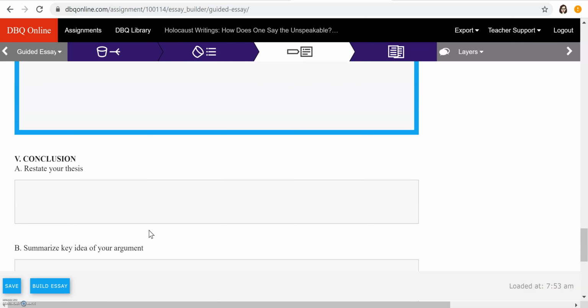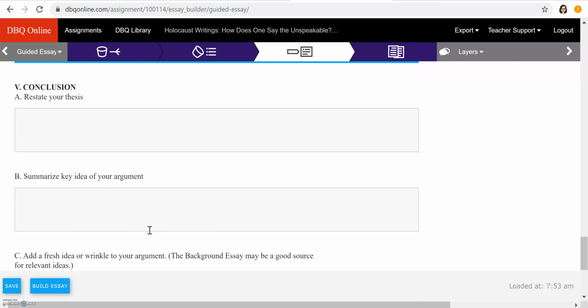Once you're done with that, you'll go into the conclusion. And this is where you restate your thesis statement. Now, you wrote your thesis statement with the chicken foot, remember? And it was in the beginning. So that doesn't mean that you're writing it the exact same way. You can flip it around. You can change it up a little bit.